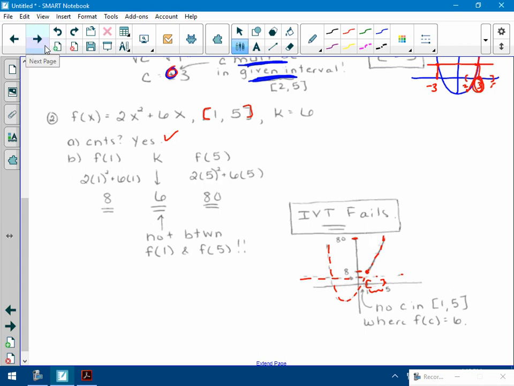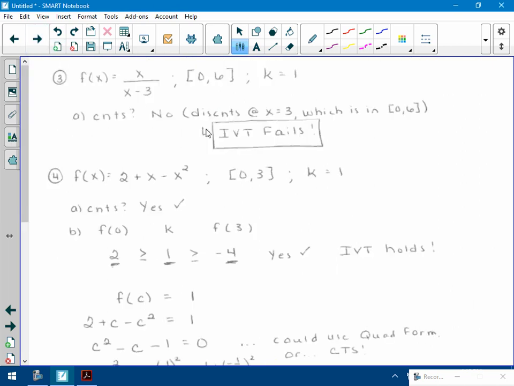Okay, here's the last page of notes. Another example. F of x equals x over x minus 3 on 0 to 6. Is this continuous? Well, be careful. It's a rational function, so no, rational functions aren't continuous. But is it continuous on this interval? The answer is still no, because the discontinuity happens at x equals 3, which is within this interval, so the